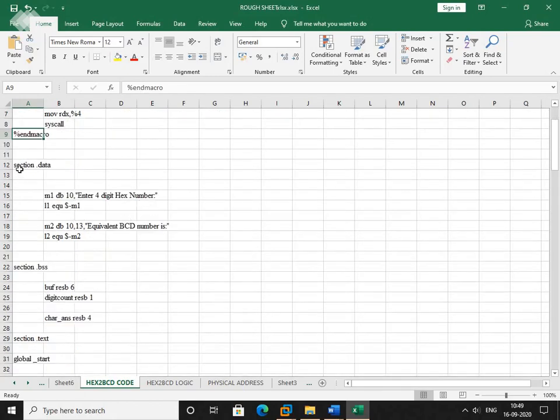Next, in section .data, I have declared two variables m1 and m2. Now in section .data, m1 is a variable name, db is the assembler directive known as define byte.